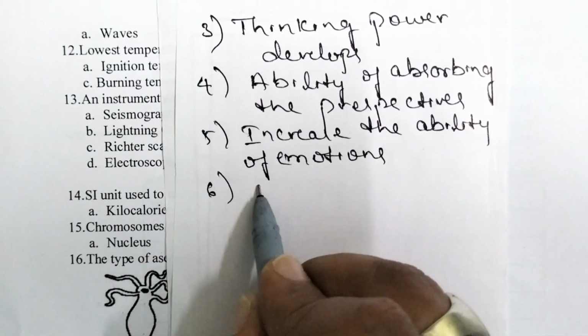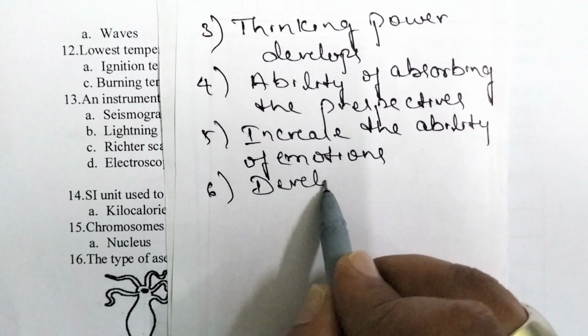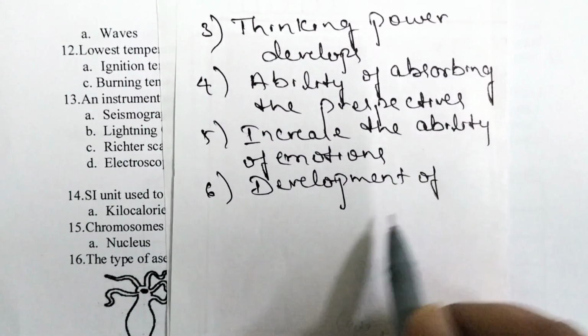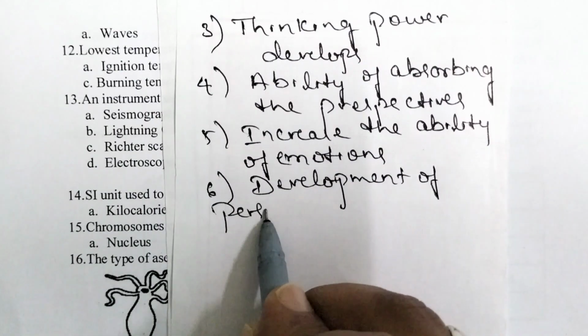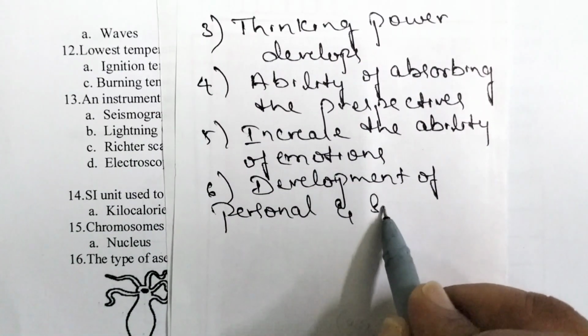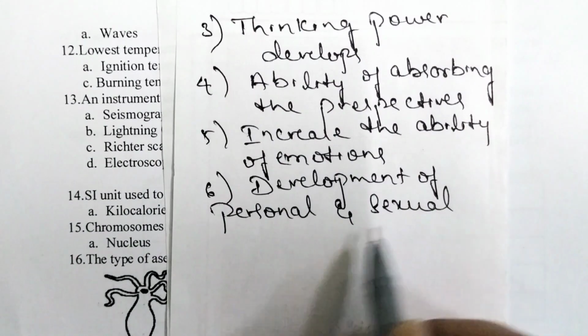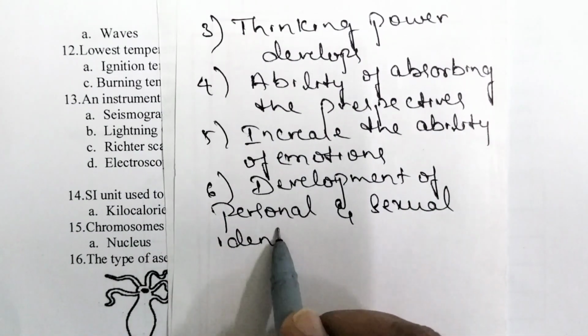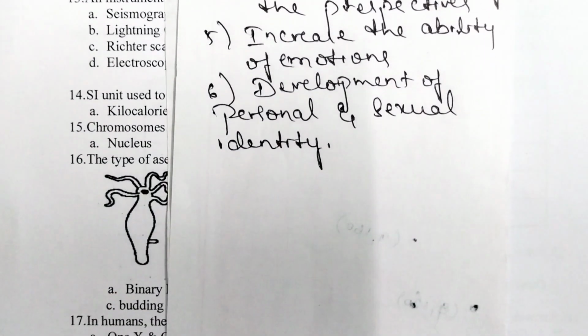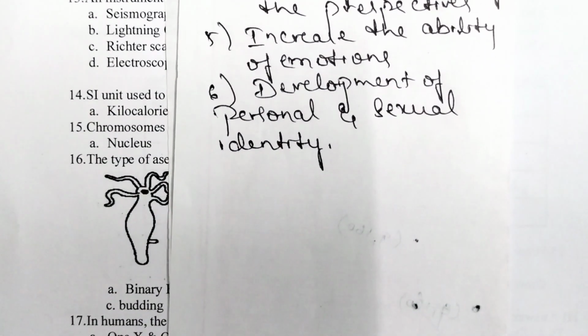And the sixth point is development of personal and sexual identity. So these are the points that you have to keep in mind regarding the physical and mental development during